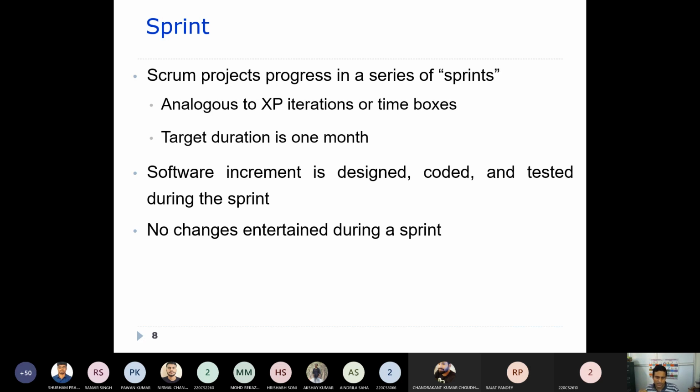But during a particular sprint, it will not entertain any changes, and it will not make changes according to change requirements.